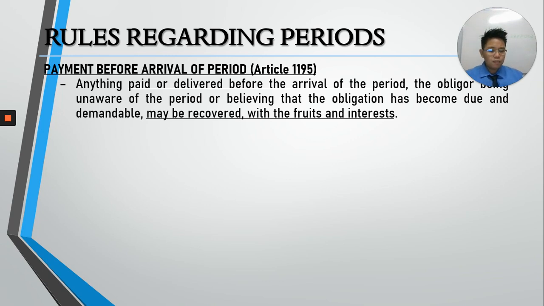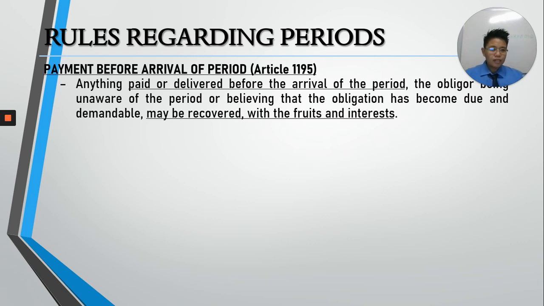So obviously, this will apply only to real obligations. Hindi pwedeng mag-apply to sa personal obligations because physically impossible to recover services. So kung nagkaroon kayo ng premature performance, premature performance sa personal obligations, hindi nyo pwedeng bawiin yung service na inyong inirender plus fruits and interest. It's impossible. So anyway,